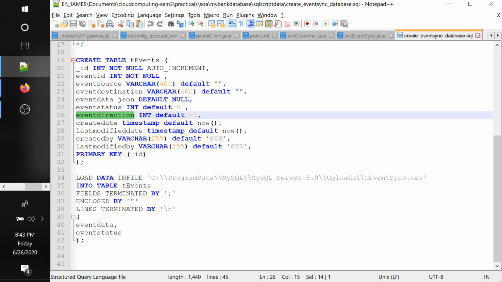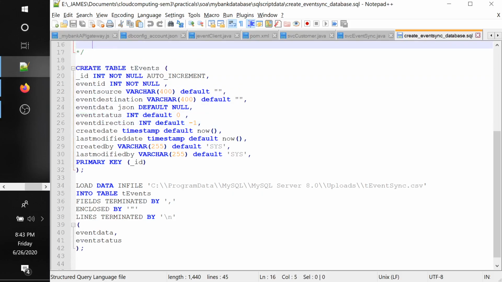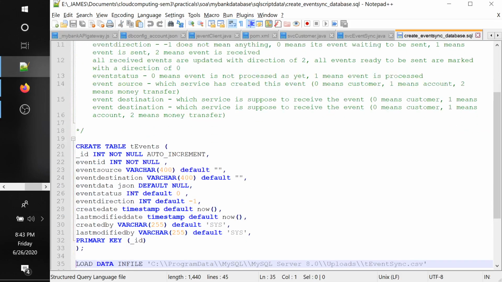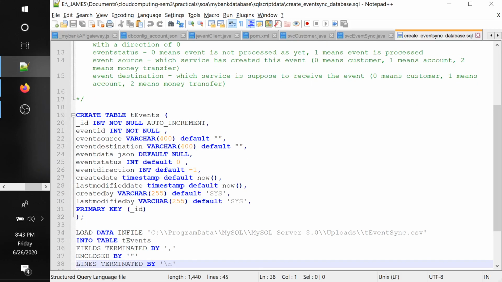That is depicted as 0, 1, and so on. You can see over here what each of these different numbers means. So now this T events table is used everywhere actually.